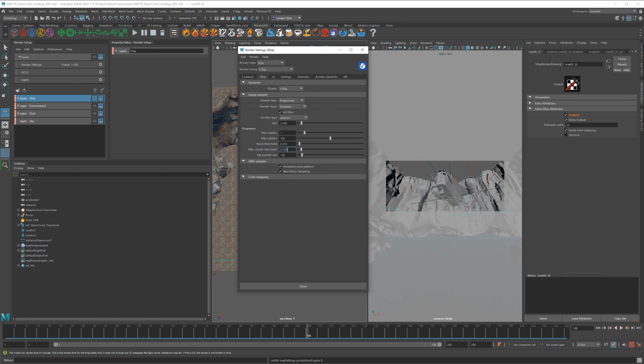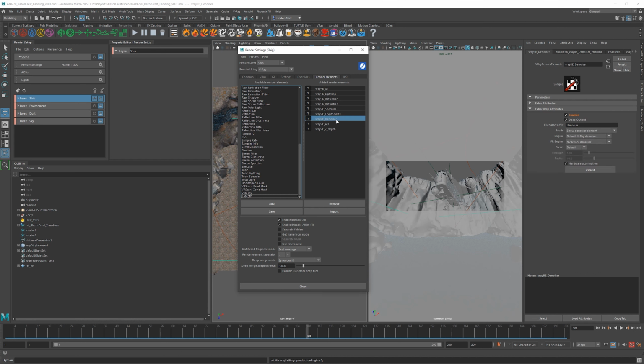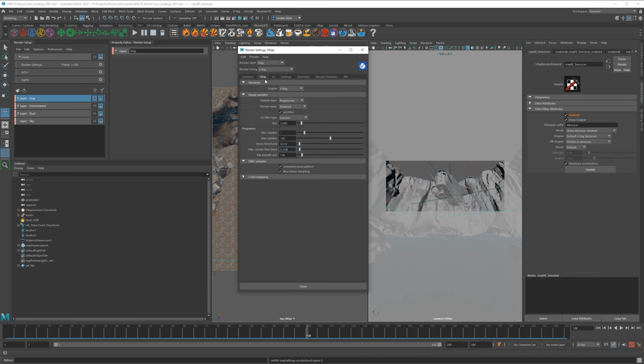But I would recommend when you're just doing a first pass, like version 1, you leave this at 0.5, or you could say 0.25. So this is in minutes, so 25% of a minute is 15 seconds. Keep it low, especially if you are on a lower end computer. It's going to be very grainy, but we have that denoiser right here, which we'll have to come back to in a minute because I forgot to do something with that. But this is going to speed up your render time considerably, okay? It's going to try to aim for 15 seconds a frame or 30 seconds a frame or 1 minute a frame. It's going to attempt to do that.